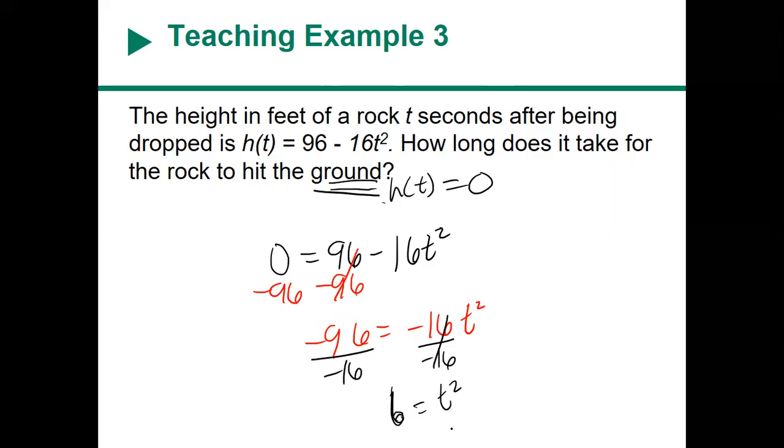So we have t squared. And what I'm going to have to do with the 6? Square root. Now, when I take the square root, I technically have plus or minus square root of 6 seconds. Right? But in the real world, are you going to have negative square root of 6 seconds? No. So my solution is just the positive of it. So it takes the square root of 6 seconds before it hits the ground, which is approximately,